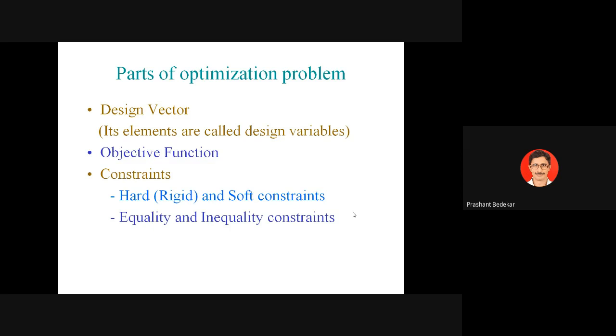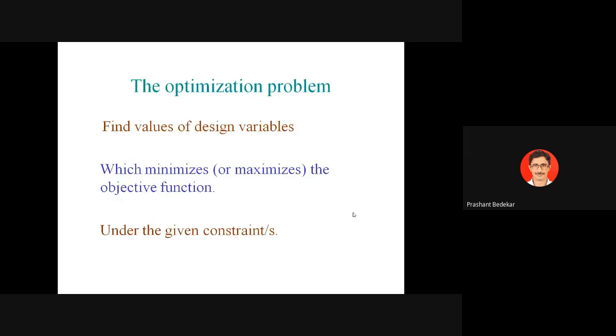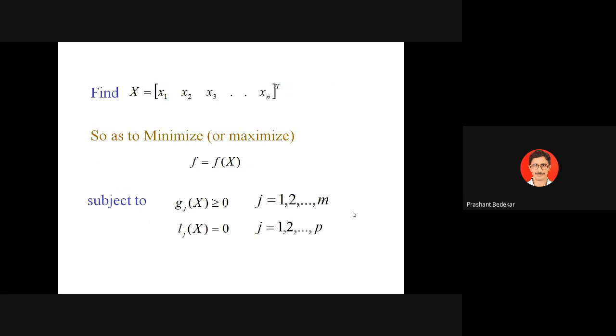We should formulate a problem such that it looks like this. When we read the problem, it should be like this: find this, so as to minimize this, subject to this. That is, find the value of the design variable, which will minimize or maximize the objective function under the given constraint, satisfying the given constraint. Mathematically,